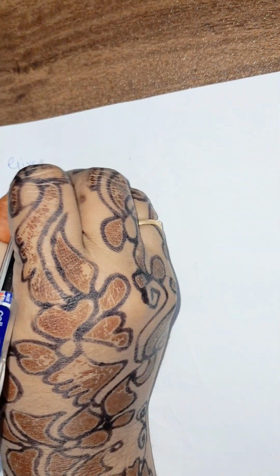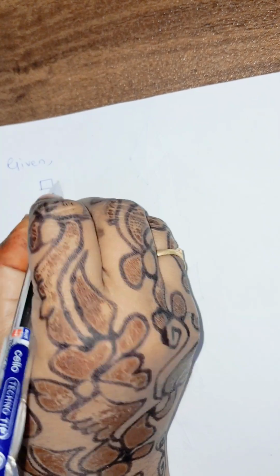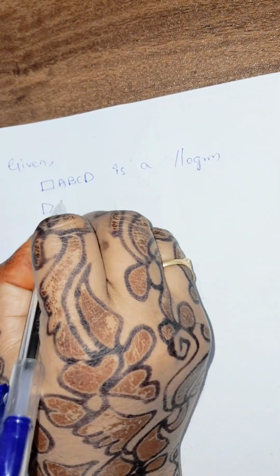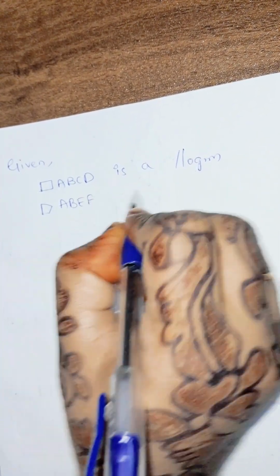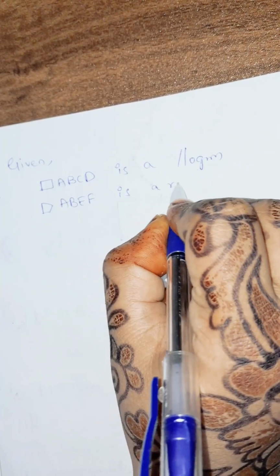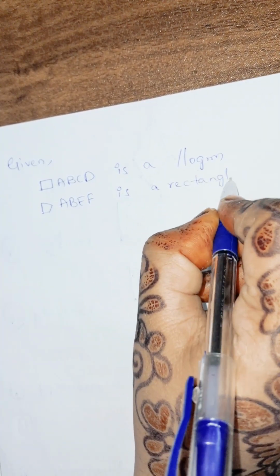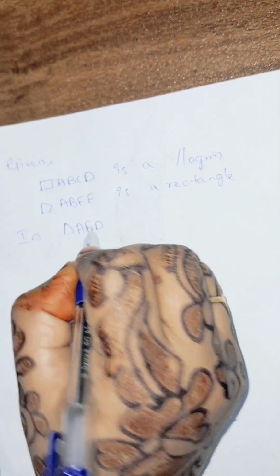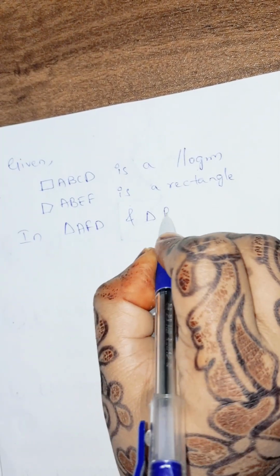Given: ABCD is a parallelogram. Okay, parallelogram, right? Next, ABEF is a rectangle, right? In triangle AFD and triangle BEC,